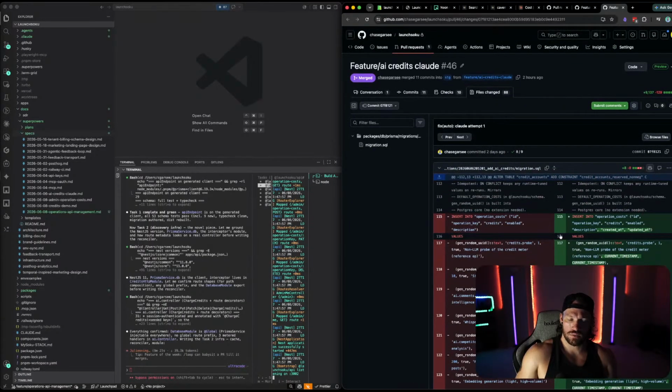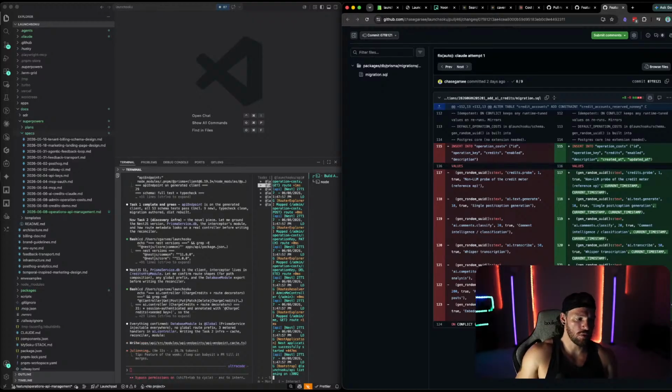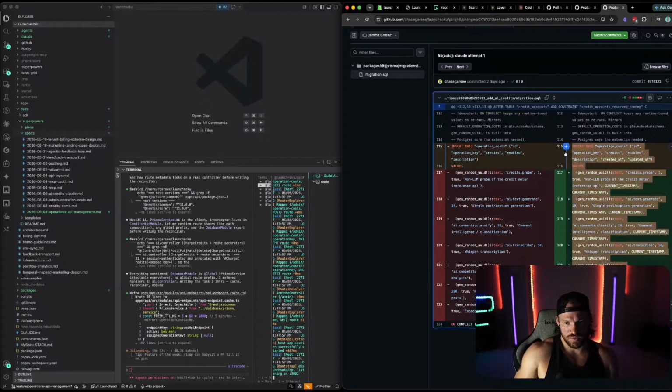Obviously it did some archaeology. It figured out what was going on under the hood, but the output was this, the green, right? And so this right here cost me